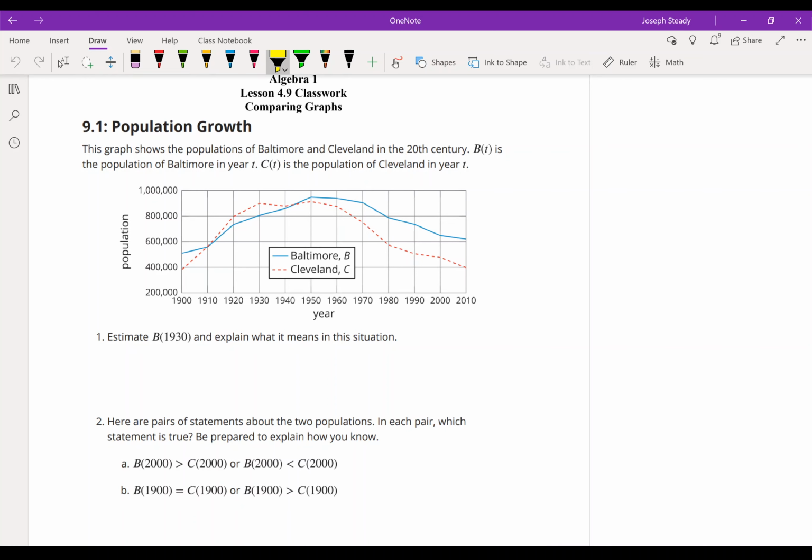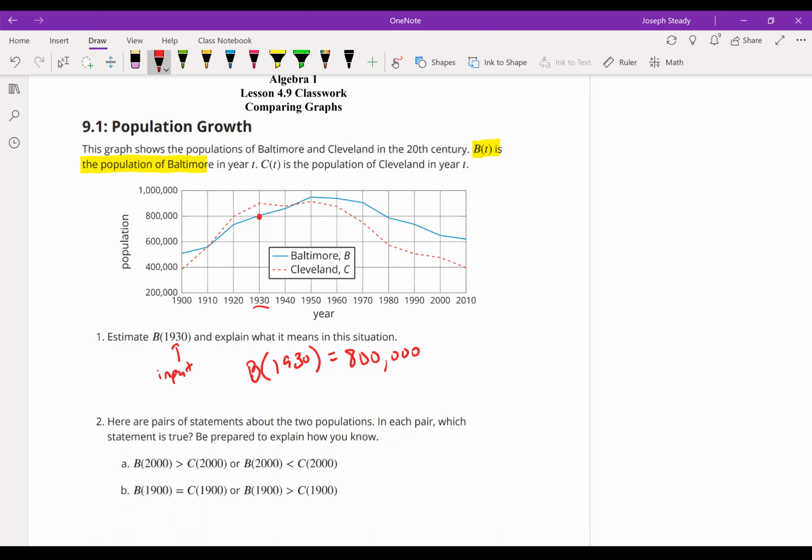Now I know from up here, they tell me B of T is the population of Baltimore. So I know that B of 1930 means, well, what was the population of Baltimore in 1930? That's my input. So I'm going to go overhead and look at my graph. I find 1930. I go up, and I know that Baltimore is the blue graph here. So 1930 is right there, which means B of 1930 equals, that looks like it's just about right on the